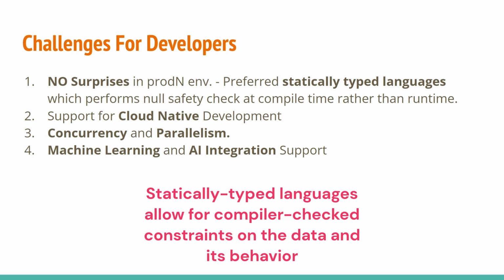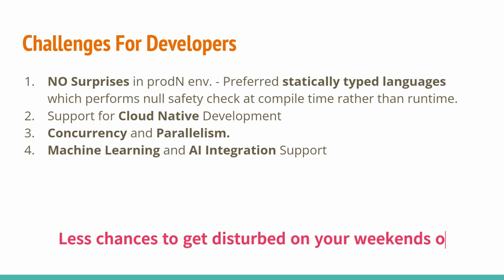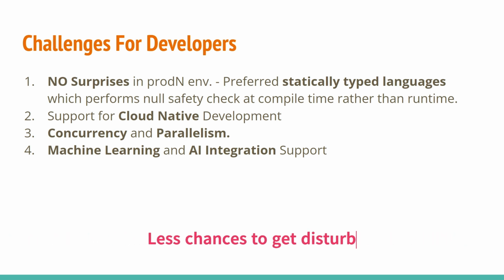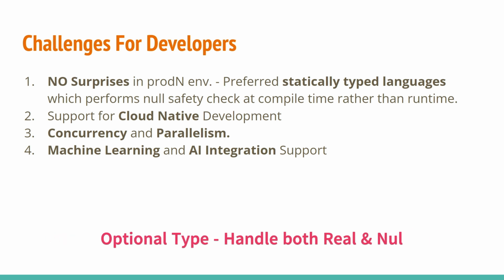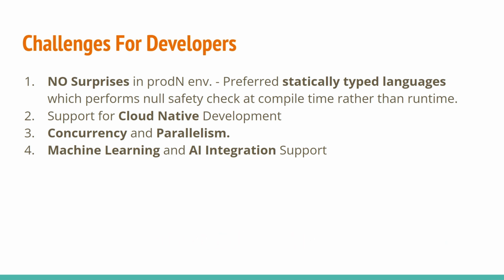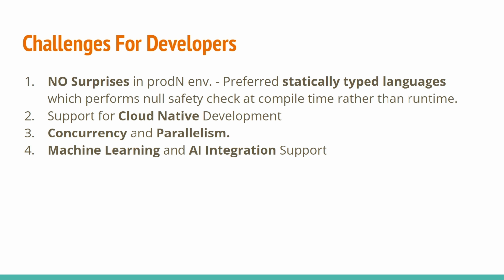Statically typed languages allow the compiler to check constraints on the data and its behavior, so there is more relief when your code runs in production. Even so, many statically typed languages allow the concept of null, that is, any value may be what it says or null, introducing a second possible type of every type. We also call it an optional type, where a variable can have two possible values: one is its real value, or it can be null or zero. This prevents runtime null pointer exceptions, or the "cannot read property of null" runtime error. Most of the languages, you must have seen this exception, which happens in production. So instead you get a compile time error.